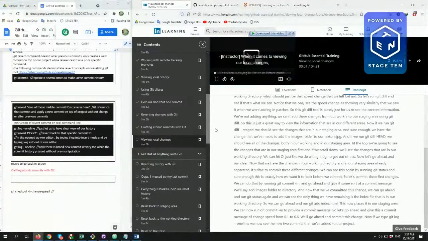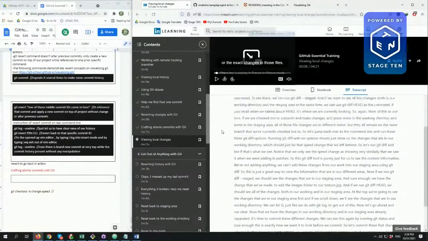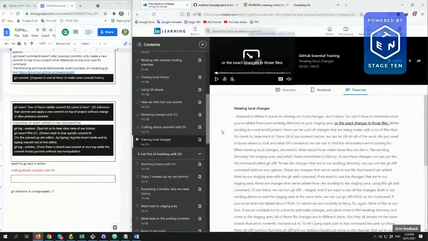When it comes to viewing our local changes, don't worry. You don't have to memorize what you've added from your working directory to your staging area, or the exact changes in those files. When working in a real-world project, there can be a lot of changes being made, with a lot of files that Git needs to keep track of. Since Git is our content tracker, we can let Git do all of the work. We just need to know where to look and what Git commands we can use to find the information we're looking for. When viewing local changes,